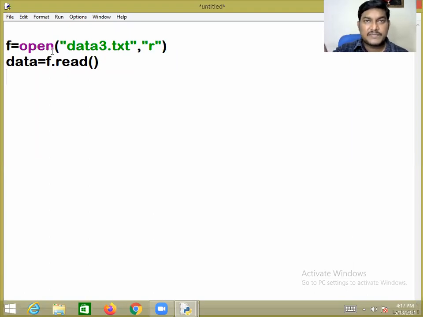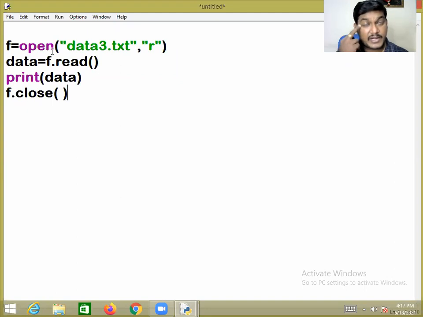Whatever data we have extracted from the file is taken into the variable data. I want to display this data on the screen. Very simple: print data. After that, it is always good programming practice to close the resources. As simple as this.